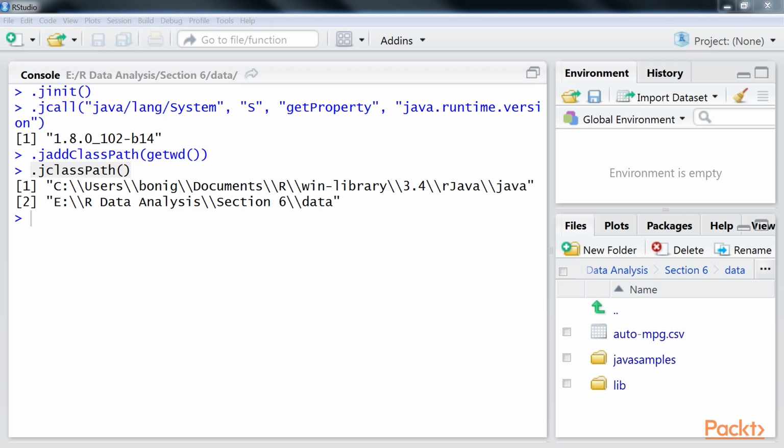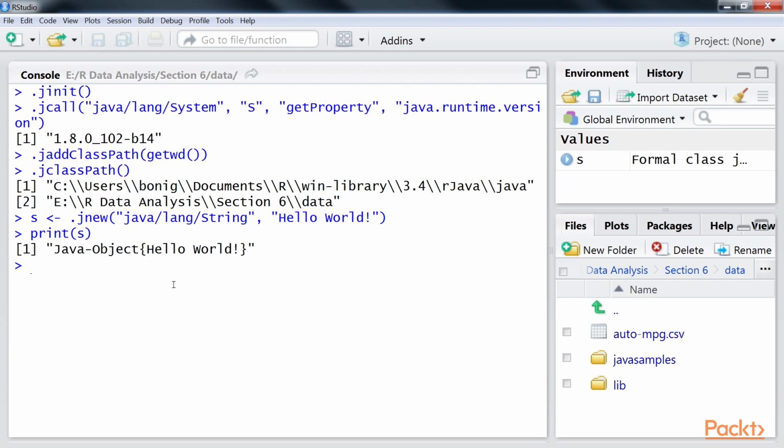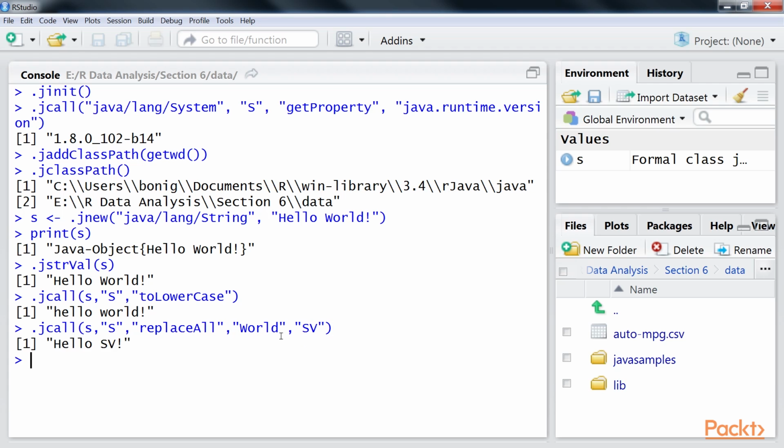Next, we perform these Java string operations in R. First, we print the string. Next, we get the value of the string. We then use .jcall to convert the letters into lowercase. Next command is to replace the world with SV. We use .jnew to instantiate any Java object. The class name is the full class name separated by /. Hence, we refer to the string class as